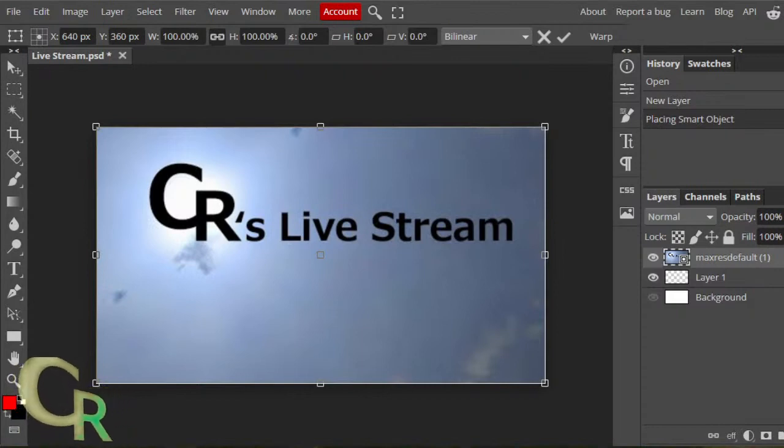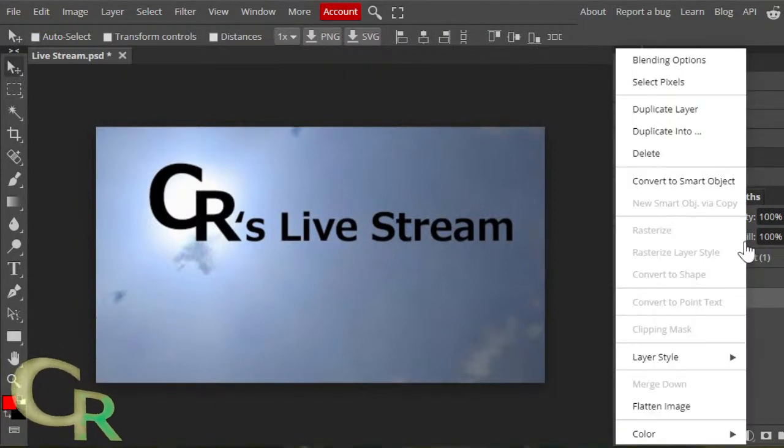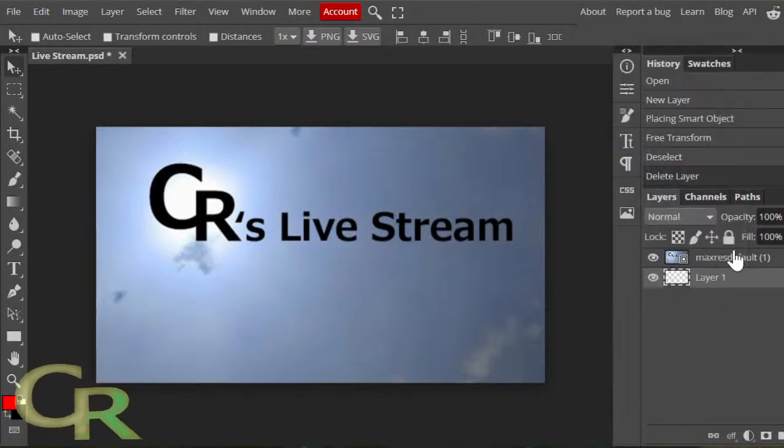Just making sure everything's good. Control D to deselect. I'm gonna remove that one layer because I won't need that.